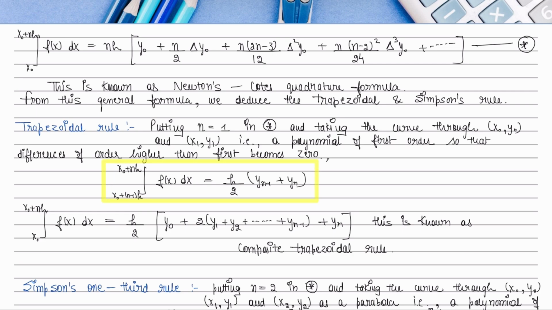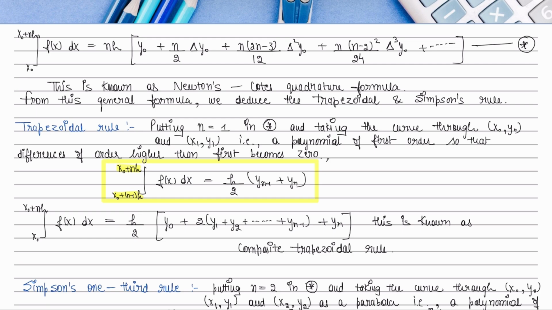Now note that the lower part of the integral and the upper part of the integral have difference h only, and when we generalize this trapezoidal rule from initial point to the terminal point,